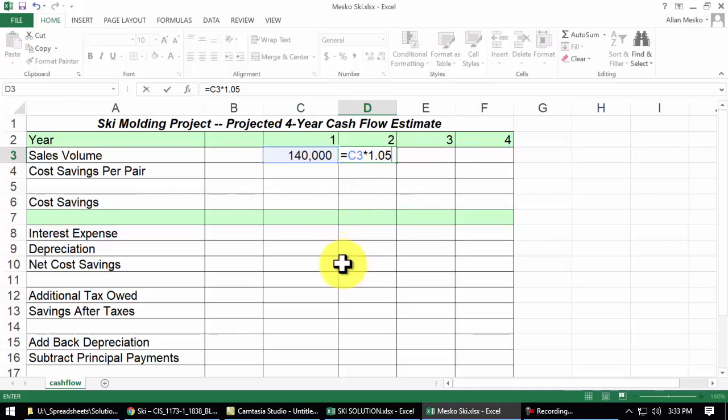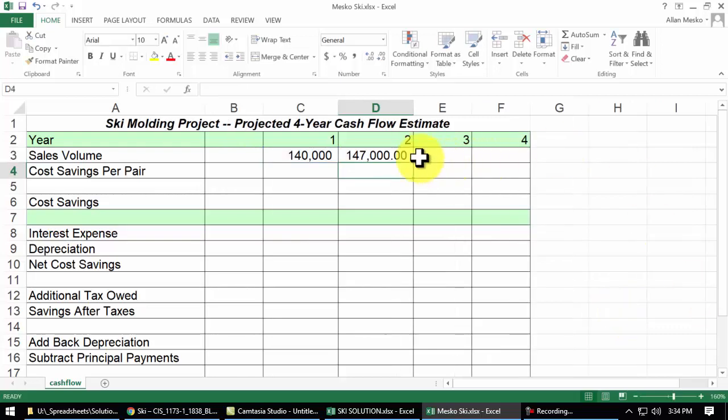So this number will be 5% more than that. And 1% is 1,400, isn't it? So 5% should be 7,000. So this should say 147,000, and I don't want 2 zeros on it. And now, if I just copy that formula over,